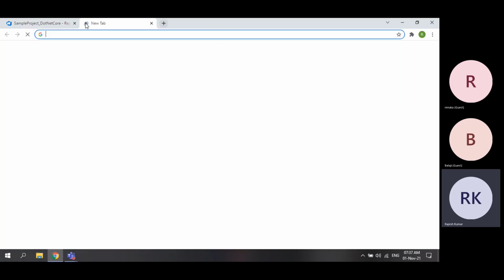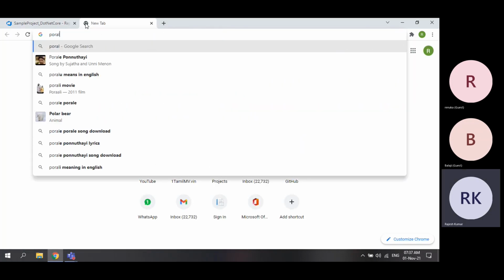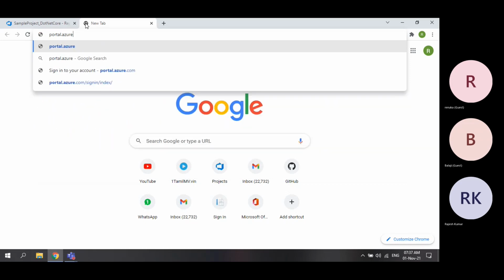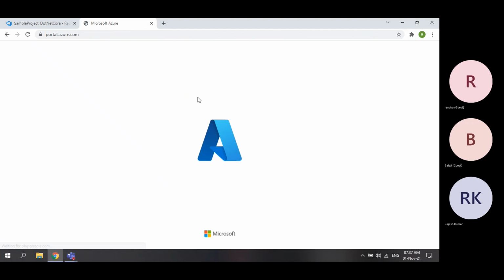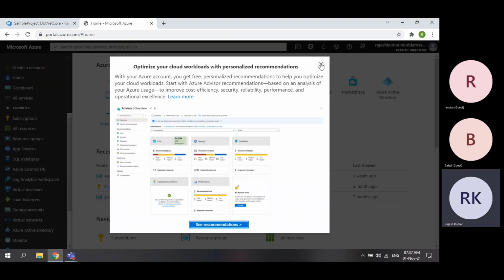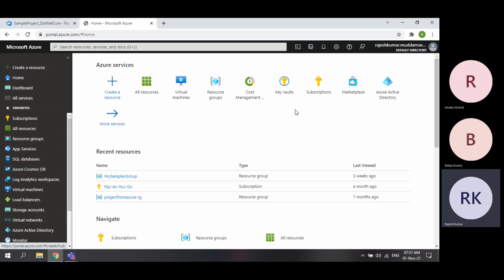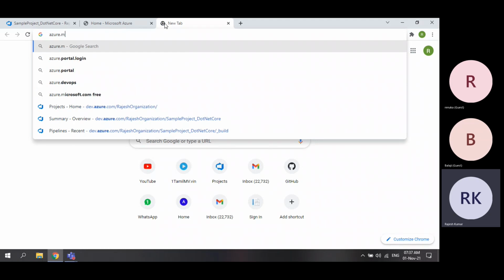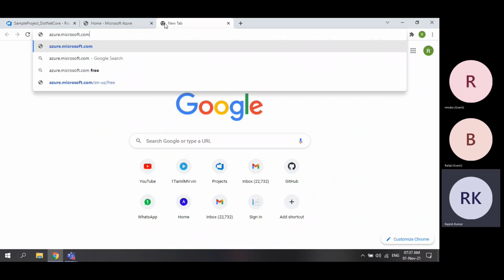So now if I go to Azure portal, if you don't have an Azure account, I request you to create an Azure account. Azure account is free for the first 30 days. If you are creating a new Azure account, as I told you, this is the website azure.microsoft.com.